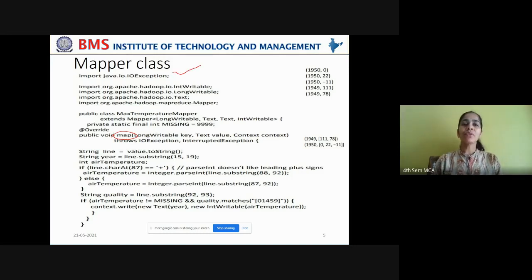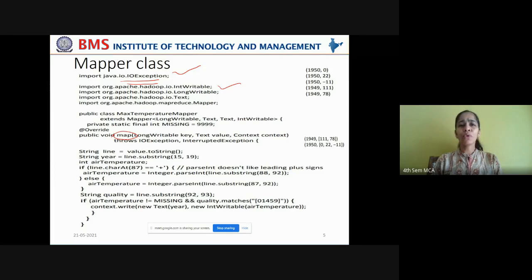Import java.io.IOException. If at all the job is interrupted in the middle because of data node failure or corrupted data, or whenever you're trying to read the data from the input file or write data to output file, whenever some exception arises, that should be gracefully handled by the system. For that, we are importing this IOException class, right? Java package's io subpackage contains this IOException, right? Now, what is the next line?